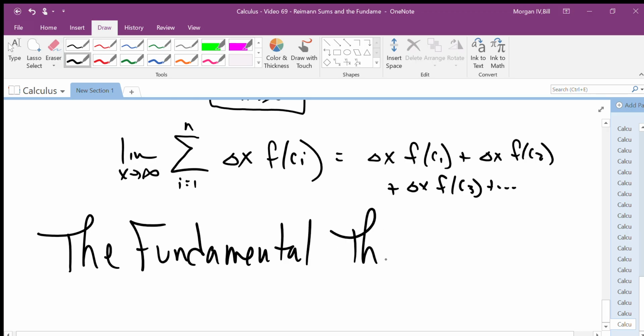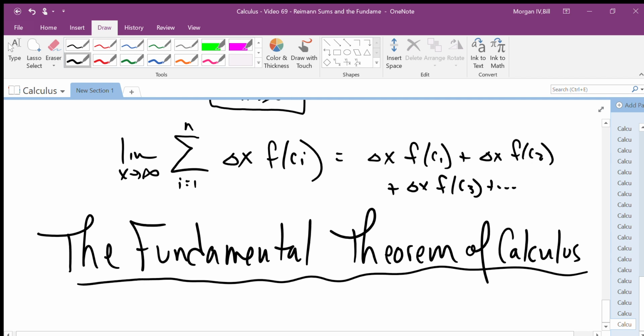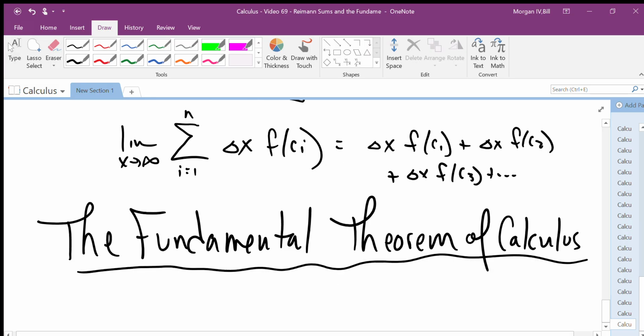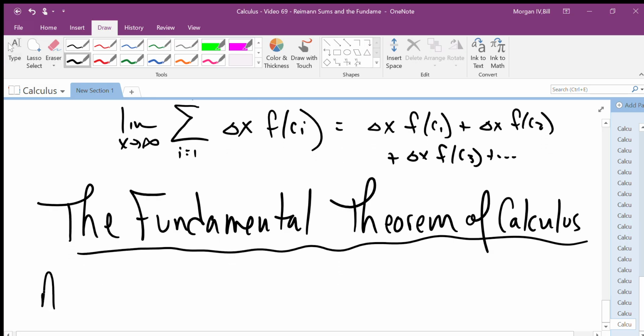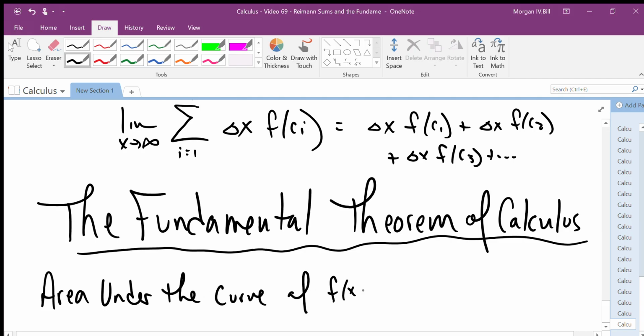If you hear fundamental theorem, that is a very important theorem. In our case, it is saving us from having to add infinitely many things together. Okay? The fundamental theorem of calculus says this. The area under the curve of the function on the interval AB